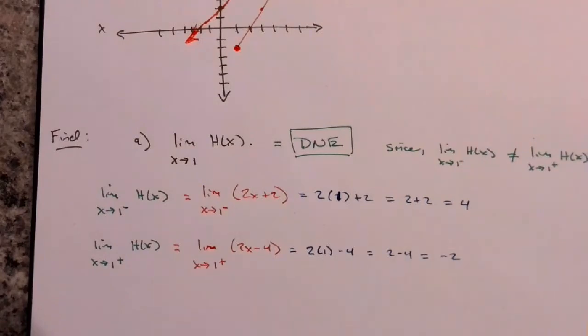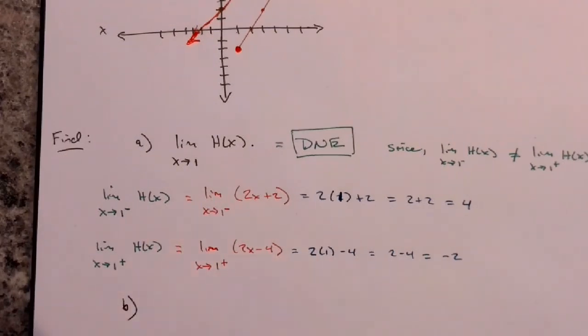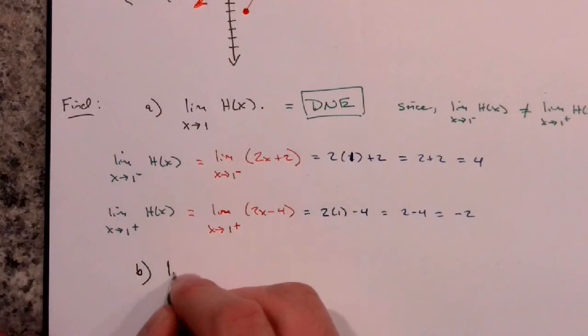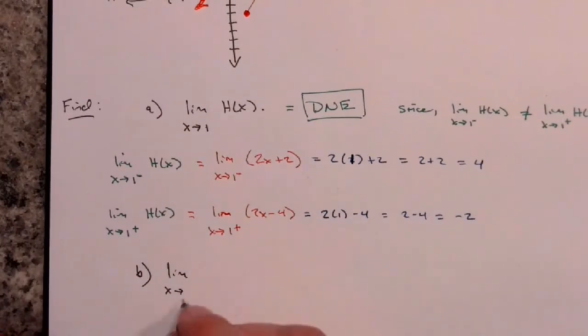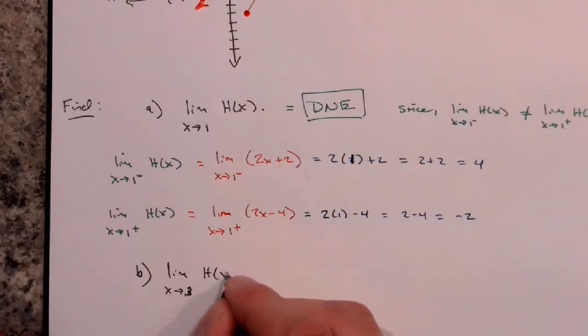If I ask you to do it algebraically, you have to show this work down here. And a lot of the times, they won't even give you the picture. They might just give you the function to use. So it's important to know the difference. If I ask you this, I said find the limit as x approaches 3 of h of x. You don't necessarily have to look at the left-hand side and the right-hand side, because